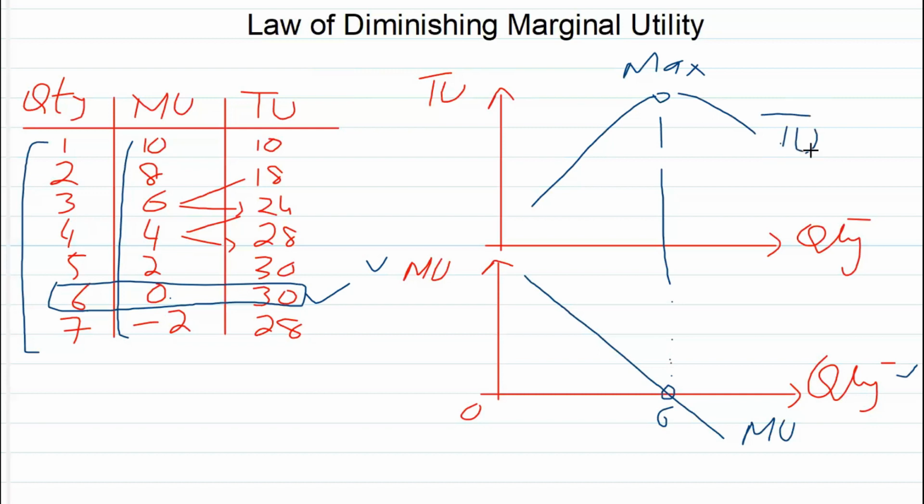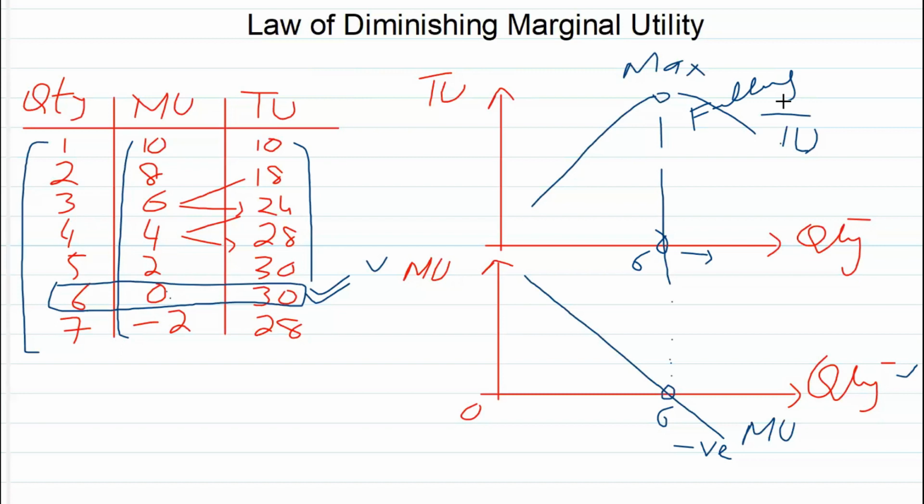And this can be verified from the schedule, that before marginal utility becomes 0, total utility is continuously increasing with the increase in quantity. So at the 6th unit, total utility is maximized, and afterwards, if we use another unit, marginal utility will move to the negative area and total utility will start falling.